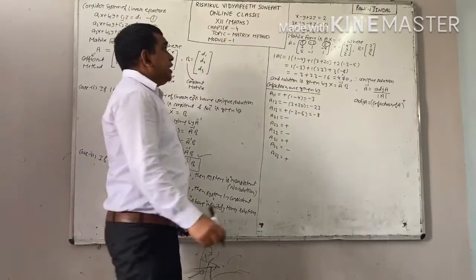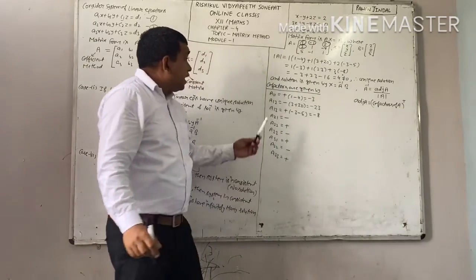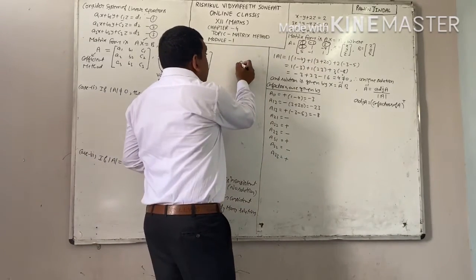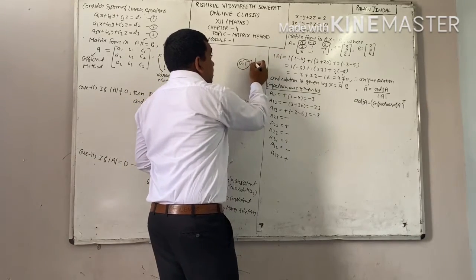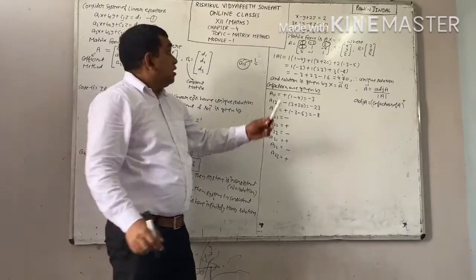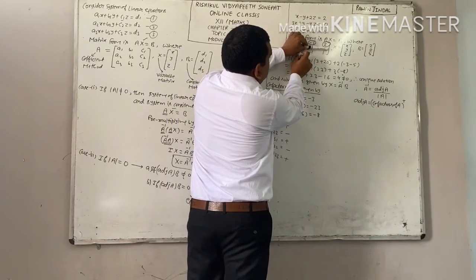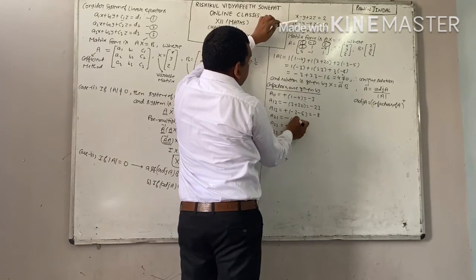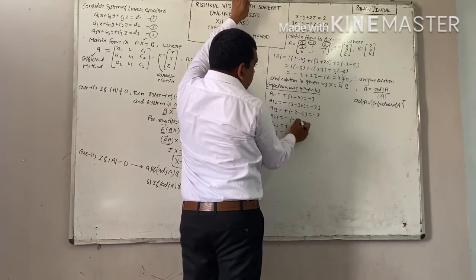Next is for the second row. If you write capital letter, it represents cofactor. But if you write like this, it represents element. A11 means this one. Right? Now see, this cancel out, this cancel out. You will get minus 1, negative. You get minus 2, minus minus become plus 2.